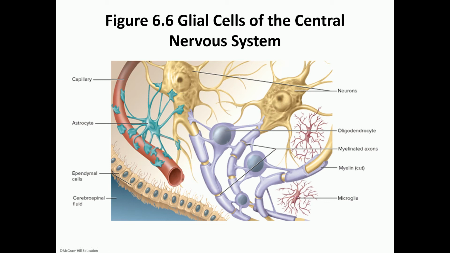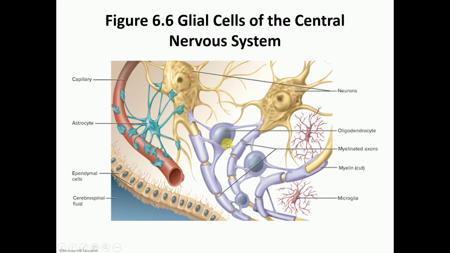And so through these astrocytes, nutrients will go from the capillary and reach the neuron cells. And then any waste products made by the cell body will go through the astrocytes and be dumped into the capillaries. And this blood-brain barrier is extremely important because not all medications are able to reach our brain cells, okay? The meds that we need in order to affect the neurons in the CNS have to have the ability to cross this blood-brain barrier. The second cell we want to introduce are these oligodendrocytes, and we actually already discussed those,